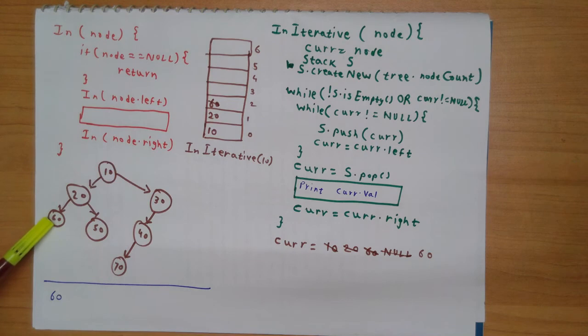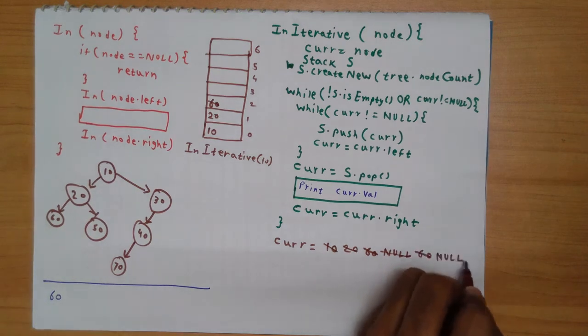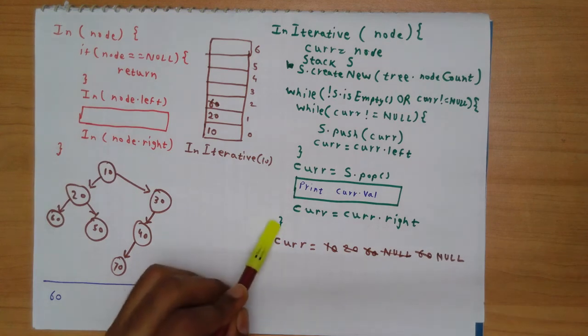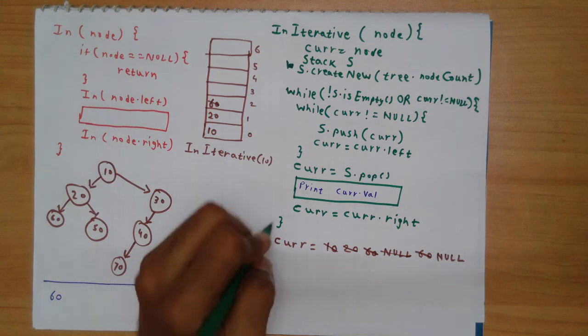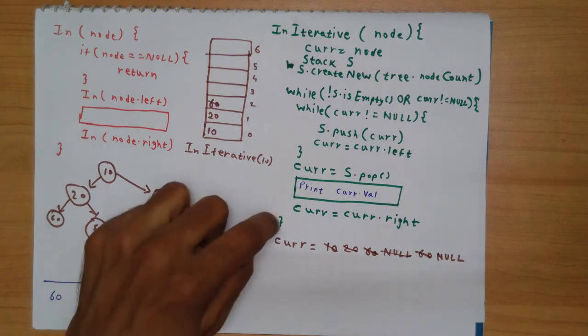60 is a leaf node. There is nothing on the right, so 60 dot right will be null. So my current will again become null, and I have reached the end of this while loop. And in our pseudocode we should be having one more closing brace. I keep on forgetting that somehow. Okay, so now let's come back. We reached here, so we go back to the beginning of the loop